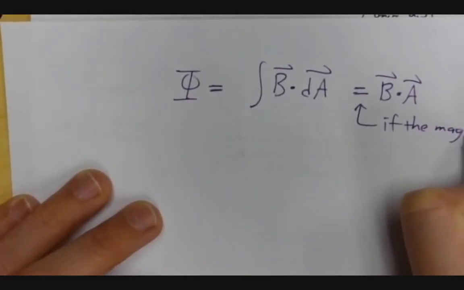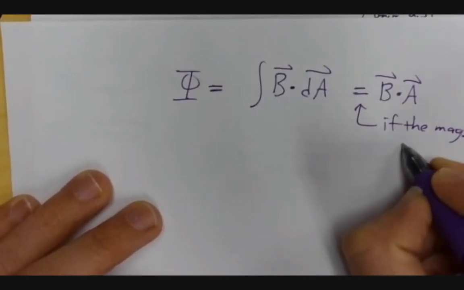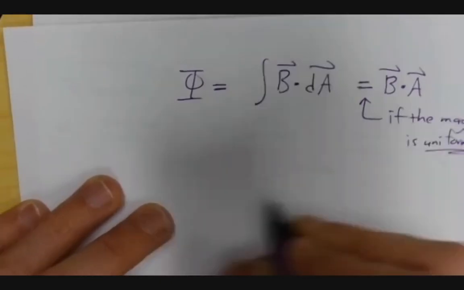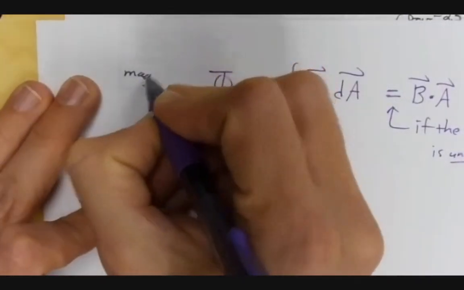We don't have to do an integral, we can just multiply. And this is the magnetic flux